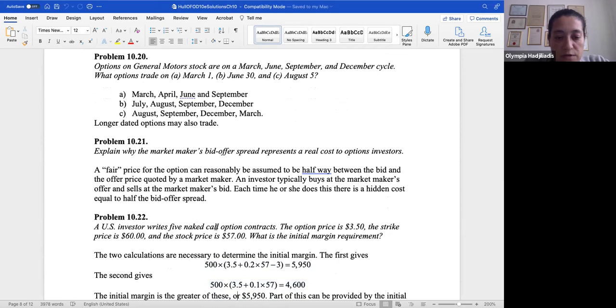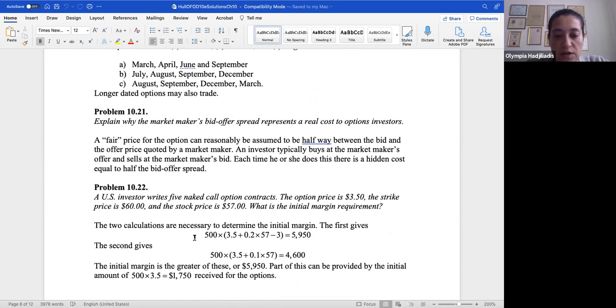A US investor writes 5 naked call option contracts. The option price is $3.50. The strike price is $60 and the stock price is $57. What is the initial margin requirement? Two calculations are necessary to determine the initial margin. The first gives 500 times 3.5 plus 20%, remember, times 57 minus 3, which gives